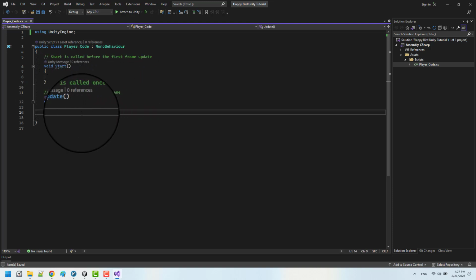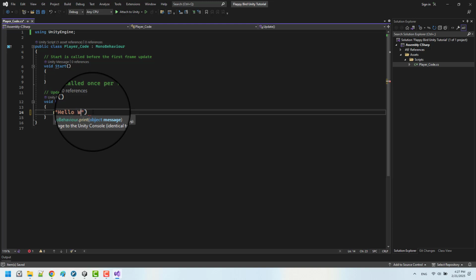Yes, every frame the code runs here. Like if I write print hello world here and I close it like that and I save this code